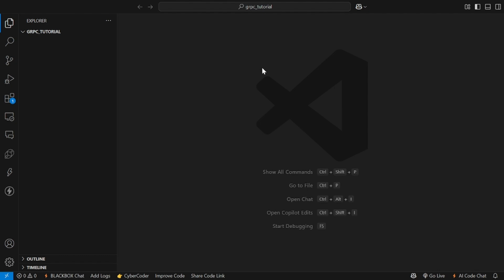Now, why should we use gRPC instead of REST? Here are a few key reasons. High performance: gRPC is much faster than REST because it uses protobuf instead of JSON, reducing data size and improving speed. Bidirectional streaming: unlike REST, which follows a request-response model, gRPC supports real-time streaming between client and server. Strongly typed APIs: since gRPC uses protobuf, it enforces strict data structures, reducing errors and improving reliability. Cross-language support: you can use gRPC with many programming languages like Rust, Go, Python, and Java, making it perfect for